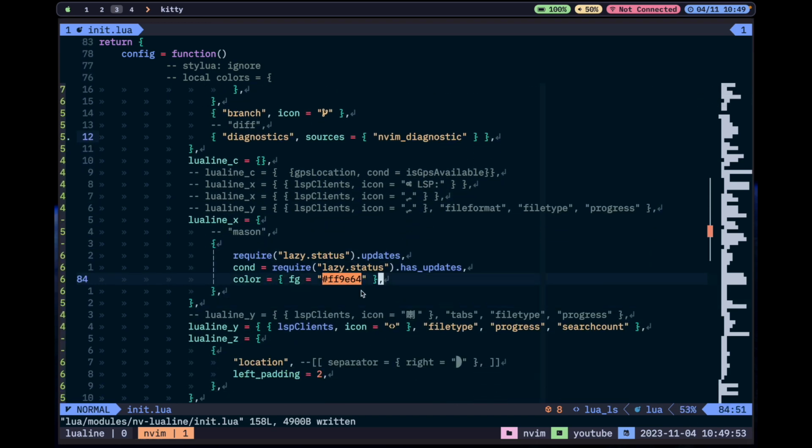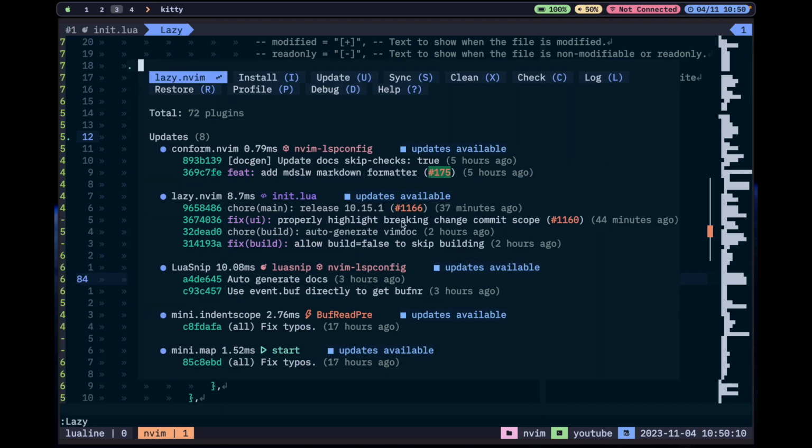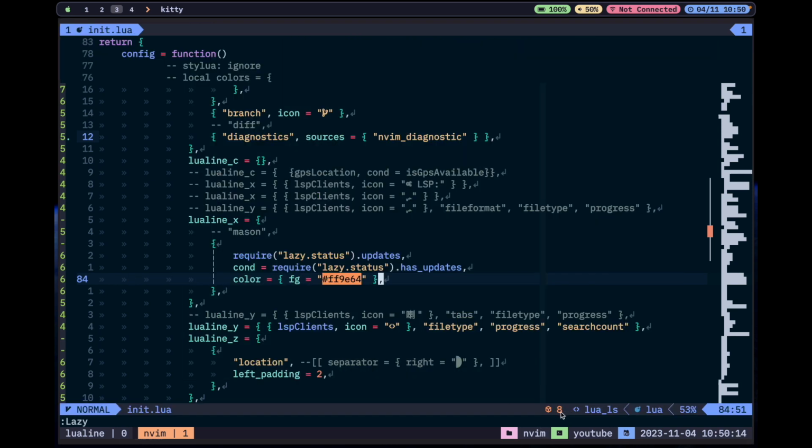What I have, as I told you, is this icon. It shows all of the packages that I have updated. If I come to lazy, I see that I have 8 updates, and it's the same as it says in there. So this is an extension, by the way. This is one thing for the extension. Then we have the